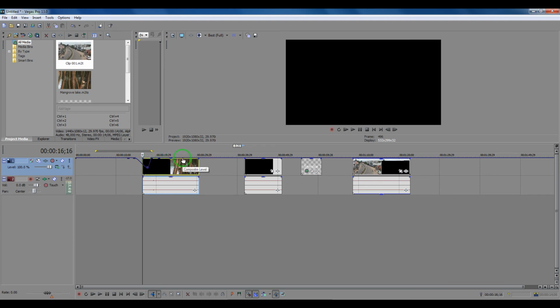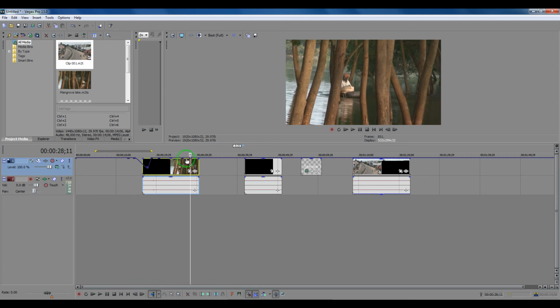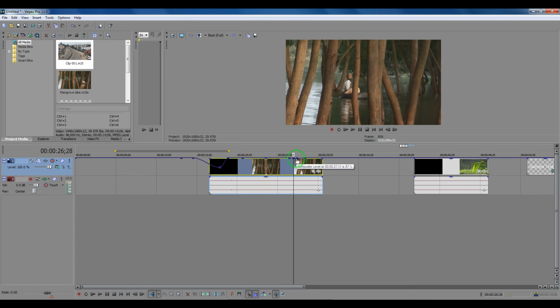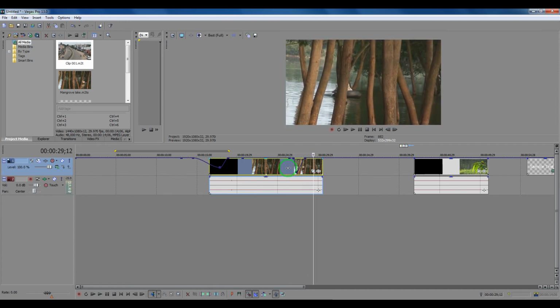So for instance, if you want to make a particular portion in your video to be less visible compared to the other ones, then you can create different node points here. Then you can just click and drag down the node point to a minimum position. Then if you play back, you can see in that particular position the composite level or the opacity of that video is getting reduced to a minimal level. So like this you can have a complete control over the opacity levels all through the track.